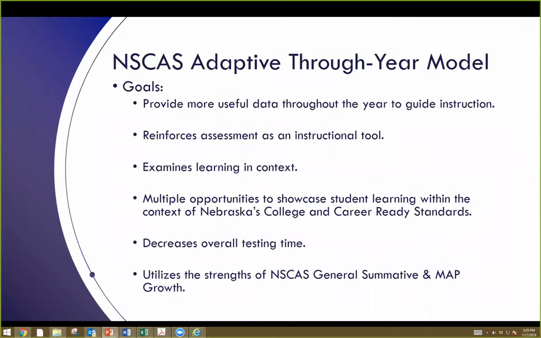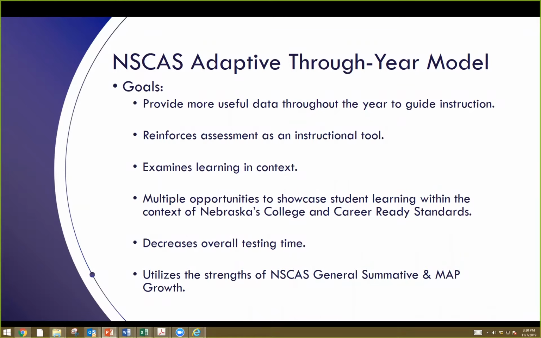So for that context, again, it's called the NSCAS Adaptive Through-Year Model. And these are the goals that we're hoping to accomplish by moving to this adaptive through-year model. Like we talked about before, the first three of these anyway have to do with instruction: provide better information throughout the year, examine learning and context closer to the time of instruction, and also reinforce assessment as